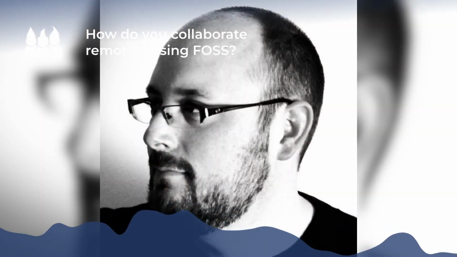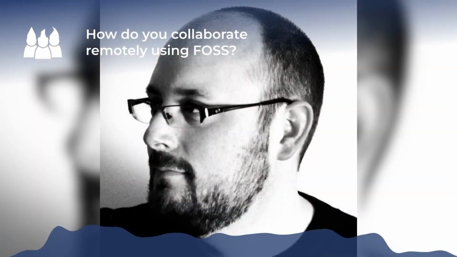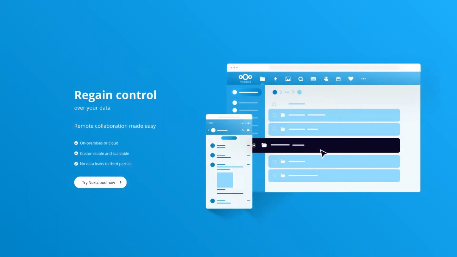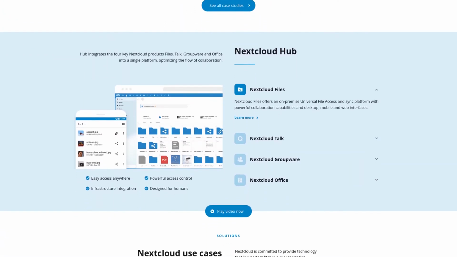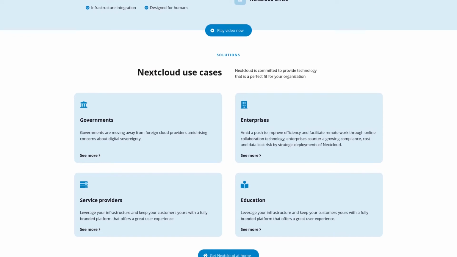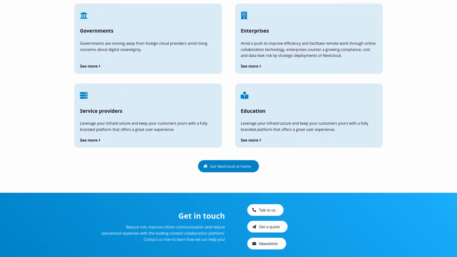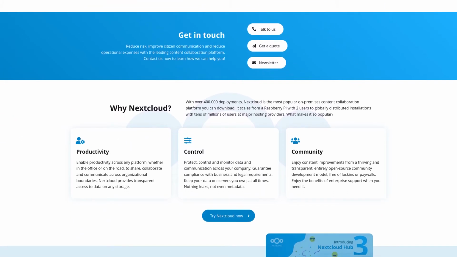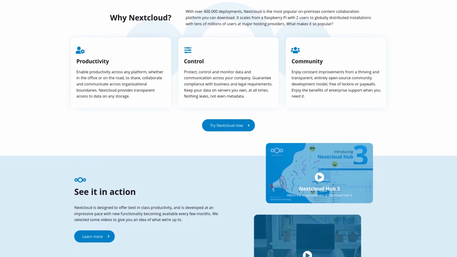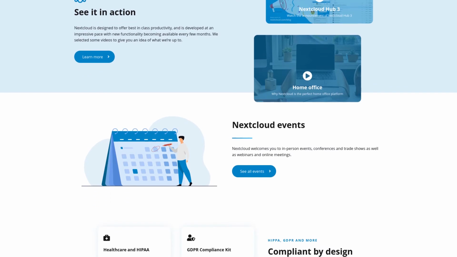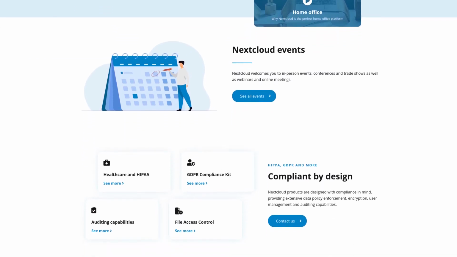How do you collaborate remotely using free and open source software? There's two tools that you should be familiar with, and you might already be, depending on who's watching this. One is Nextcloud. It is fantastic. Nextcloud is basically the equivalent of a number of tools, but instead of Dropbox or Google Drive or whatever, this free and open source tool is probably the most accessible if you're collaborating with multiple people. It doesn't require a lot of new ways of thinking about how to collaborate, because most people have used Dropbox or Box or something like it. So it functions like those.